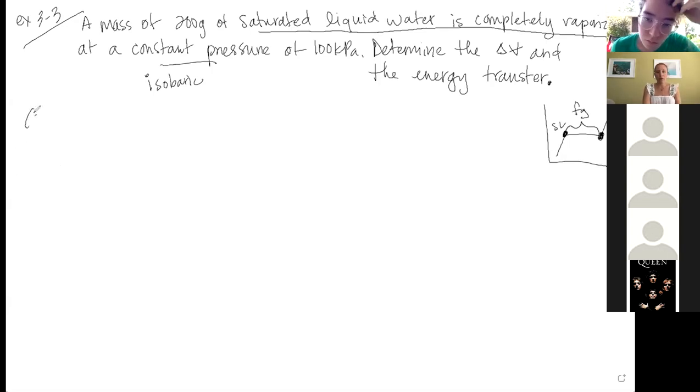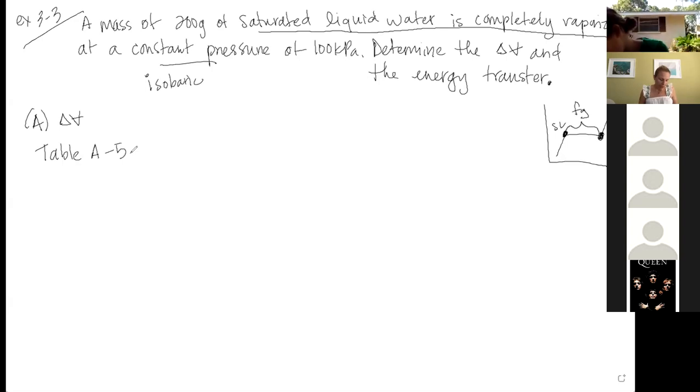So for the first part, we're going to look at a volume change. So I'm going to look at table A5 to look at my specific volume values. I'm looking at table A5 because my pressure is constant. My temperature is what's changing. My pressure is constant. So at 100 kilopascal,